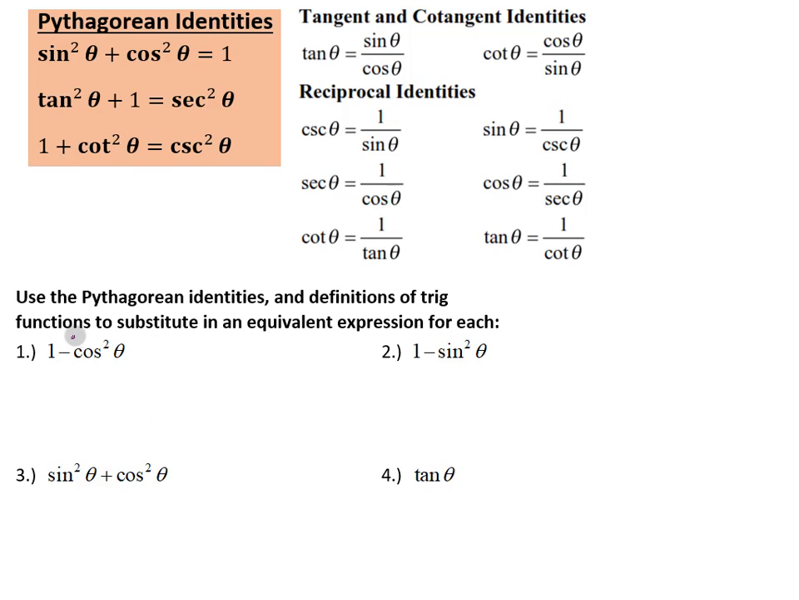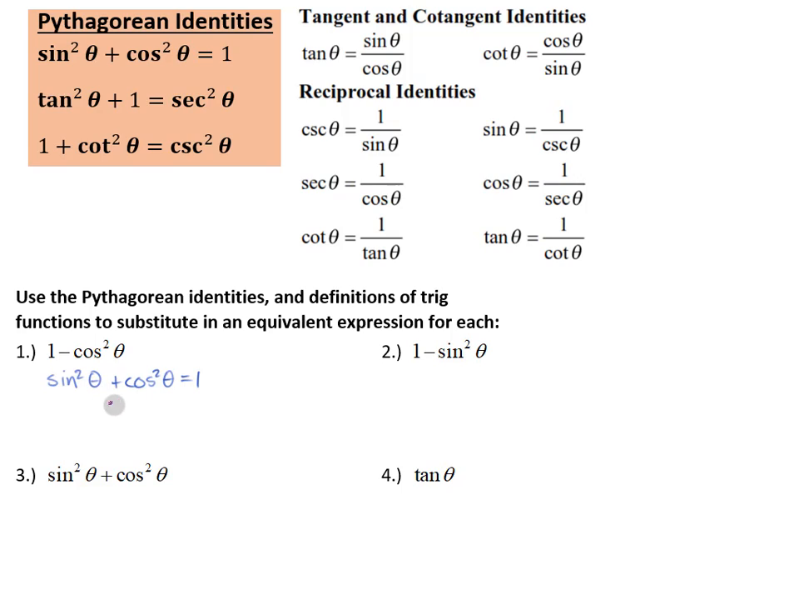So the first one I notice: anytime I see sine or cosine squared and there's a 1 floating around, I'm thinking immediately of the Pythagorean identity. So if I were to start with that Pythagorean identity, sine squared of theta plus cosine squared of theta equals 1,